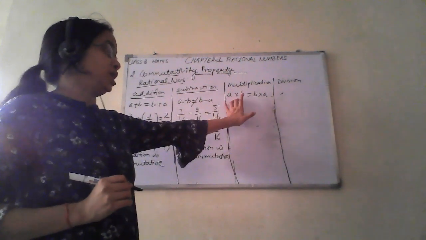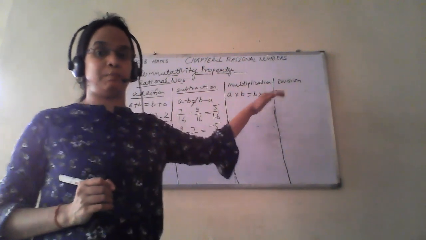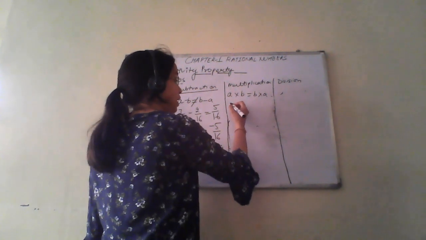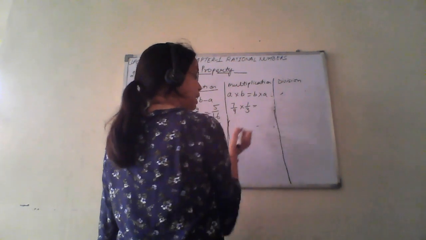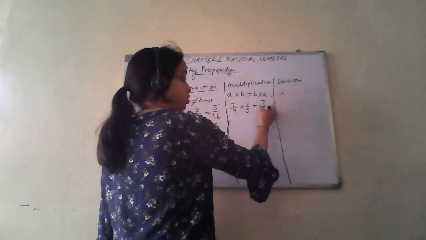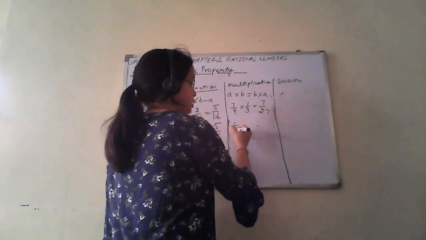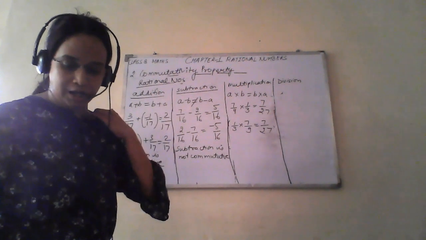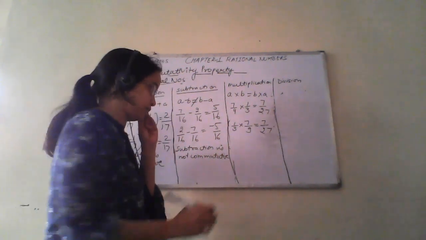Okay. A and B are the same, that these are rational numbers. We have to check the impact of alteration of the sequence of multiplication. If you multiply, the answer will be what? 7 upon 27. And if we reverse the sequence of multiplication, that is 1 by 3 into 7 upon 9, the answer will still be the same. That is, multiplication is commutative in case of rational numbers.